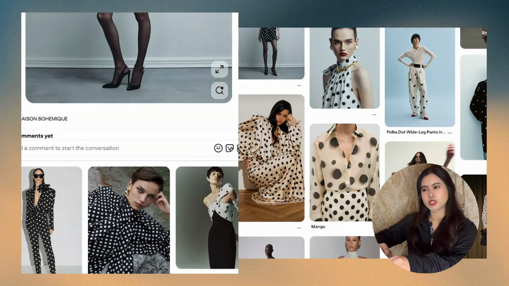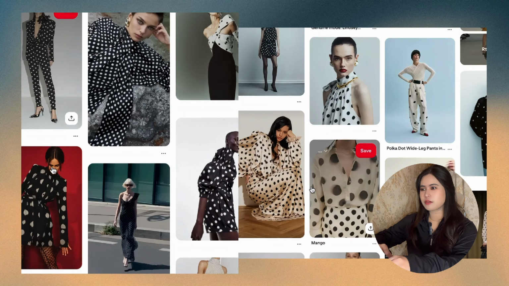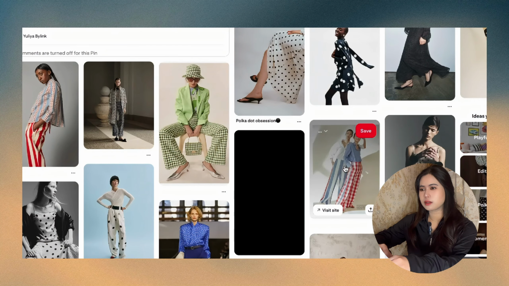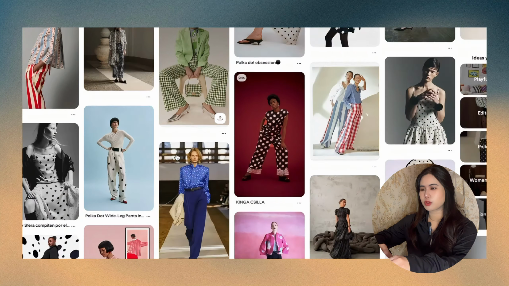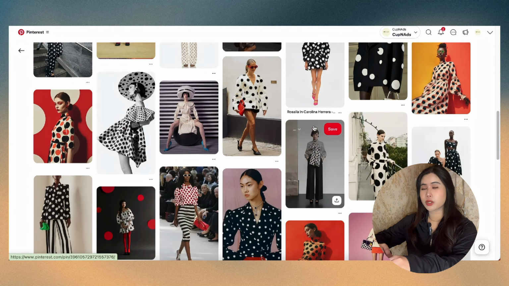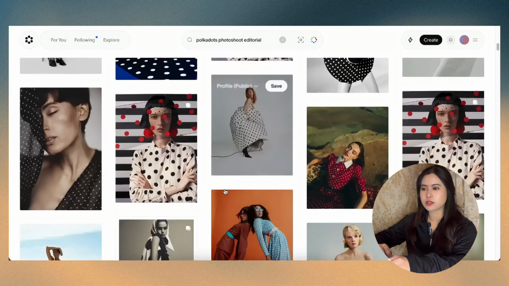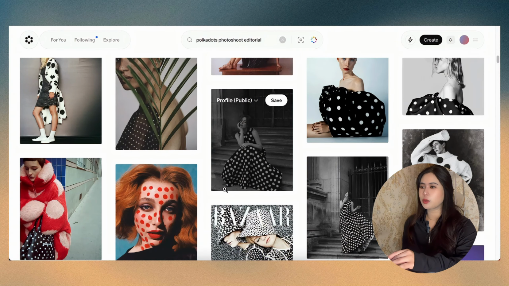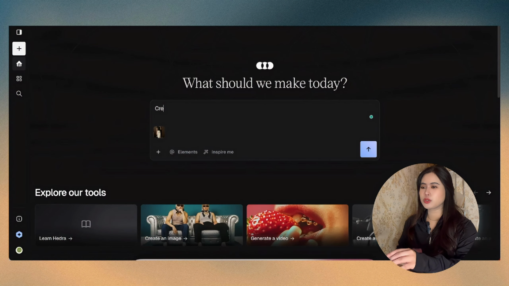And a lot of good images for campaign too. So I'm going to save these. I like some of the photos with colored background. I think they would look great for our campaign photos. And once we're all set with our inspo, we can go back to Hedra AI and head over to type